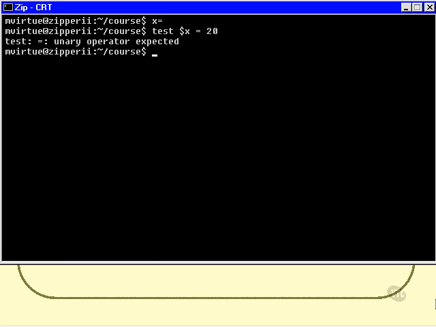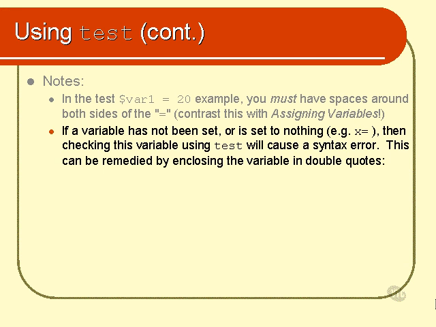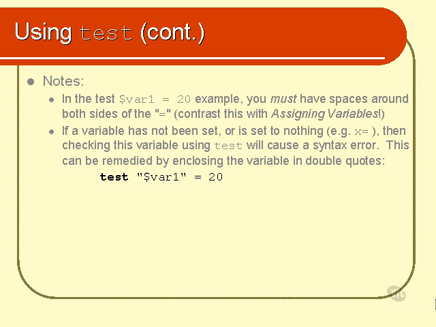We enclose the variable inside double quotes, like so. We say test, and then var1, instead of var1 by itself, we put var1 surrounded by double quotes. Now, it's actually a really good idea to make this a good practice. Do this all the time, unless you can absolutely guarantee that var1, or whatever variable you're using, has actually